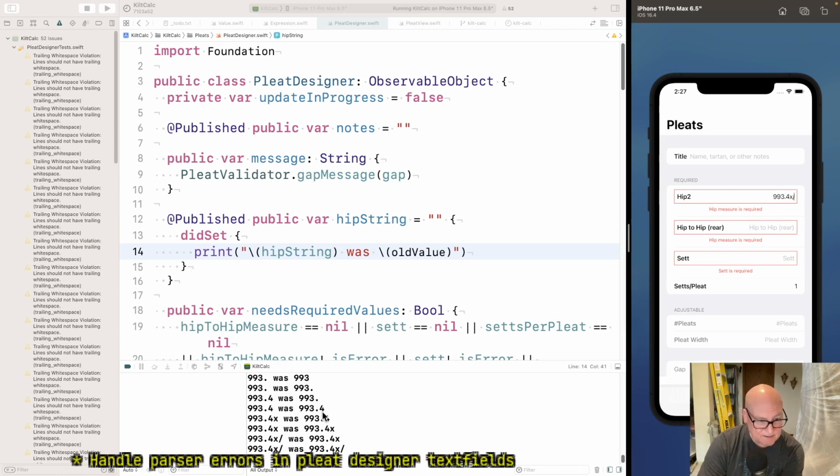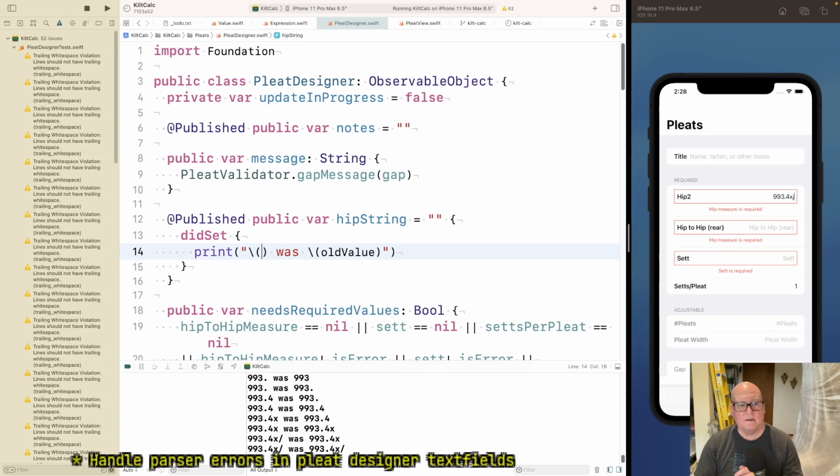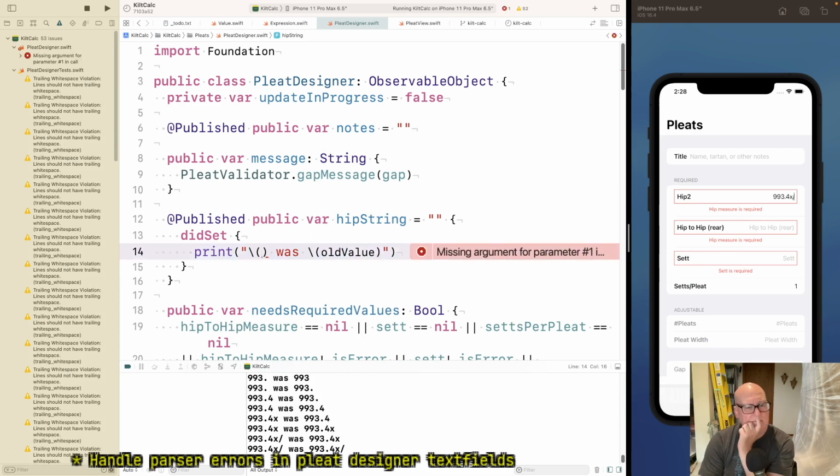Except I don't think old value, I thought old value and value. Can I get new? didSet. Oh. Well, I don't care about old value, I guess. I just thought it was there. I thought didSet got old value and the value itself.